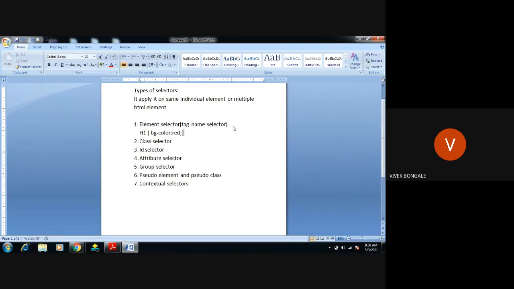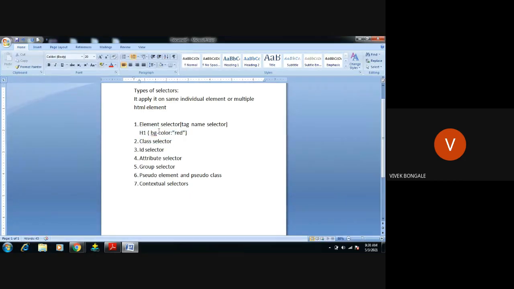No semicolon. If I want to apply one more property, then you have to use a semicolon. So either we can use the semicolon or we can leave it, it's optional.